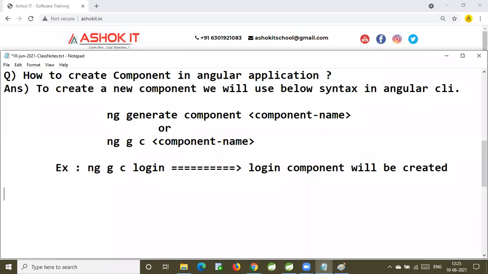So what all files will be created in the component?